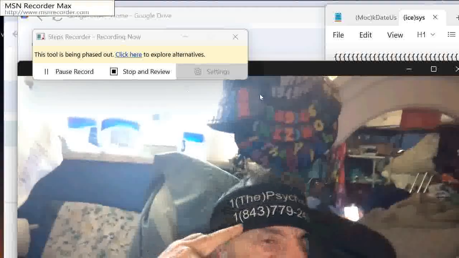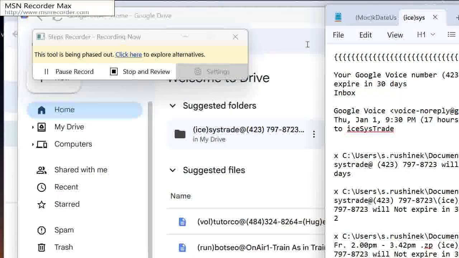Now the next thing I need to stop is MSN Recorder Max and play it back. And here's MSN